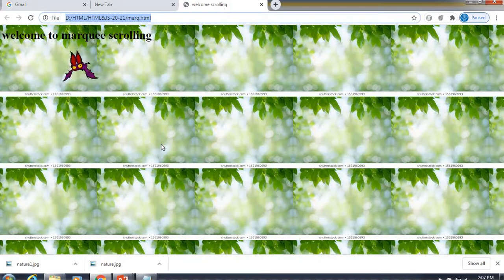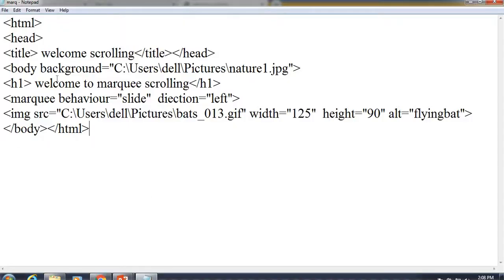In a similar way we can add one more image if we require, and I will take this heading in the center place, so it will look better. So I will just modify that heading, take it in the center.